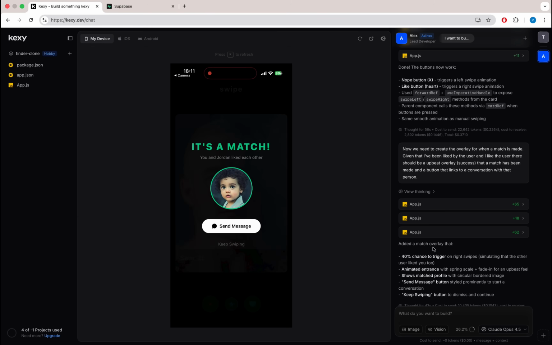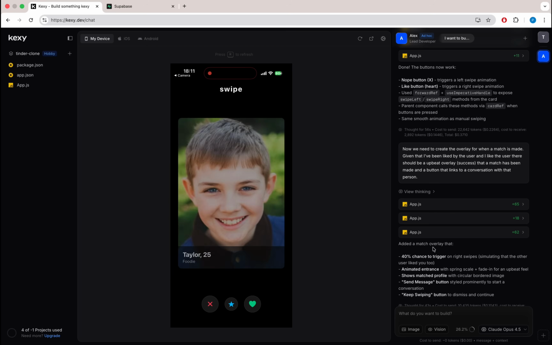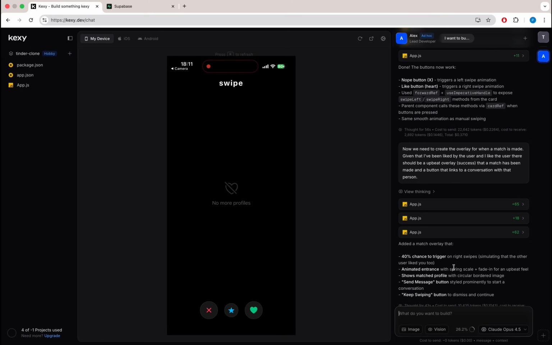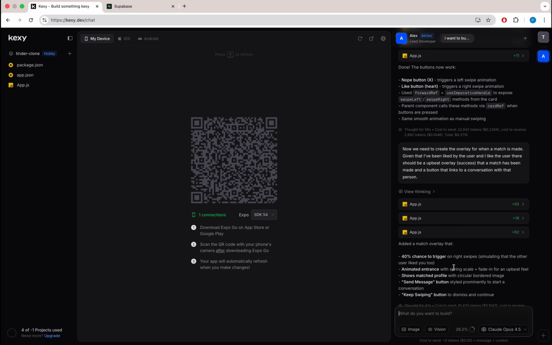Alright, let's see. Oh, that's really nice actually. Keep swiping, send message. No more profiles. I thought that interaction was really nice, so we're gonna keep it at that, and let's jump straight